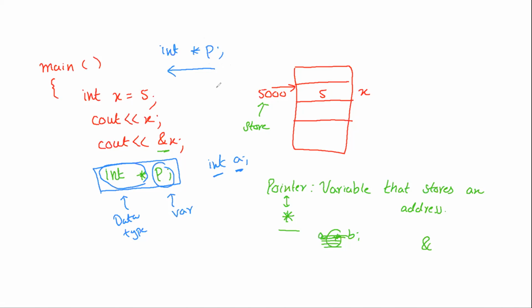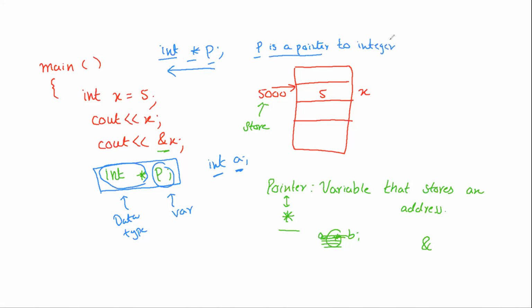So the first thing I see is p. I say okay, p. This asterisk, if it is coming in a definition, okay, for example, when it was coming here it was multiplication, but if it is coming in a definition like this, then you have to read it as a pointer. So I read p, I say p. I read asterisk, I say is a pointer. And then you have integer, so you read it as to integer. So this is the correct way of reading it.